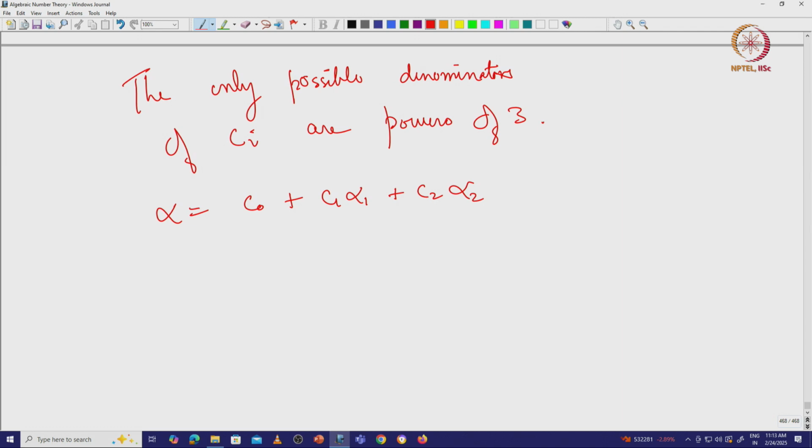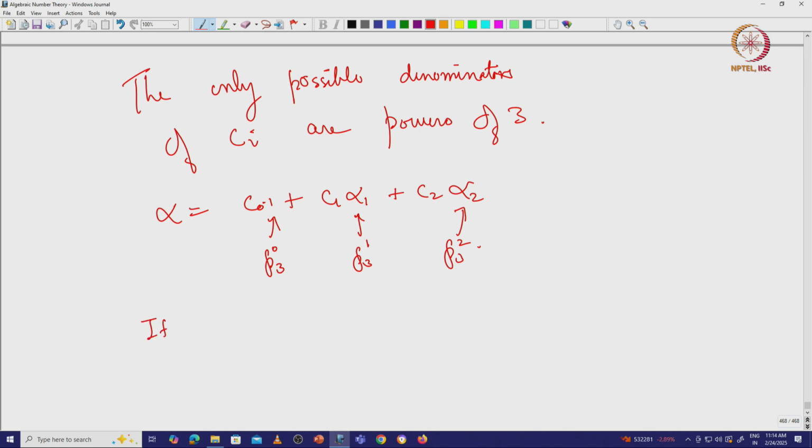So, the exact power of P that divides this is P3 to the power 0, and this is P3 to the power 1, and this is P3 to the power 2. And so, if you want alpha to be an algebraic integer, then all of these things better be integers, because if they have powers of 3 in the denominator, then